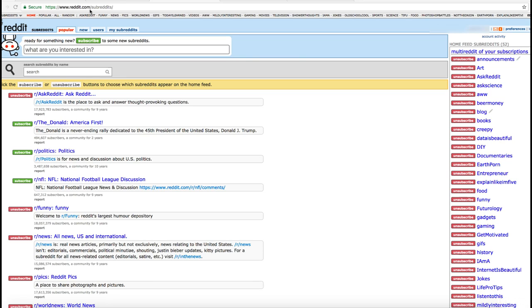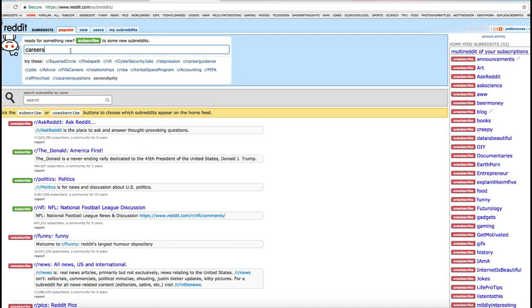Now, if you go to this URL that says reddit.com/subreddits, you would be able to find subreddits related to your topic. So here is the huge search box, and in this search box, you can type in something that you're interested in, or you can simply go to this second box here, search subreddits by name. Now, if you don't know the names of your subreddits, it's a good idea to start with this huge search box on the top. So I'm going to go here and I'm going to type in, let's say, careers.